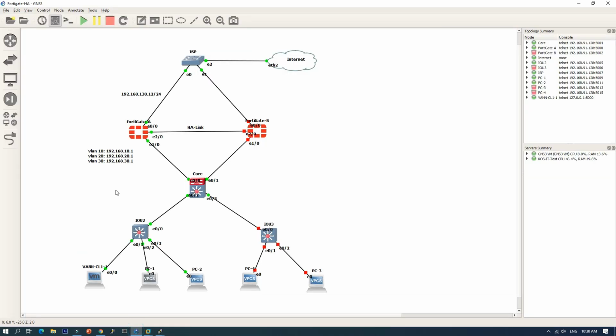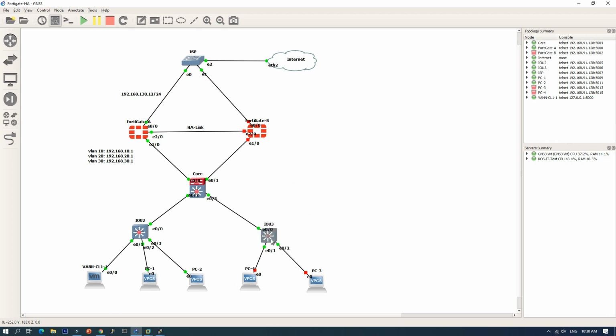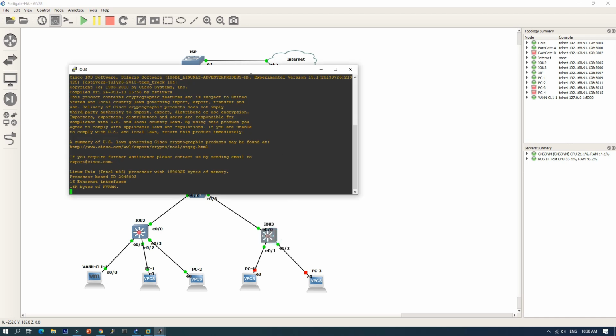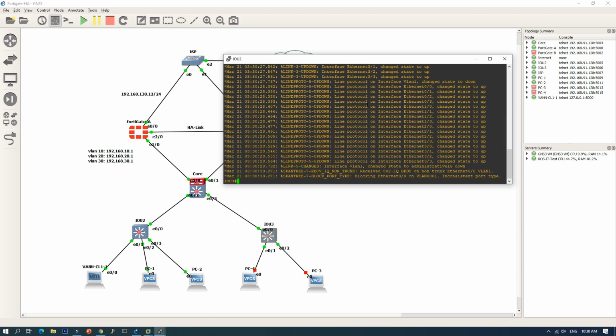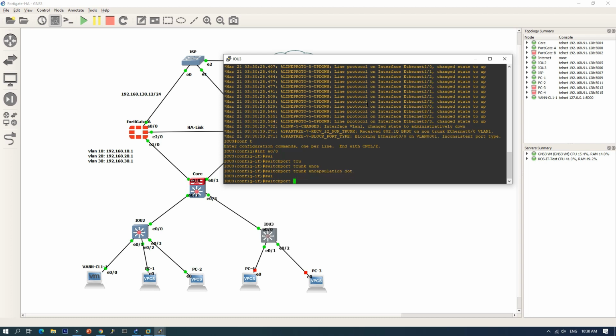So now continue to this switch. Okay, so configure interface E0/0, switchport trunk encapsulation dot1q, switchport mode trunk.